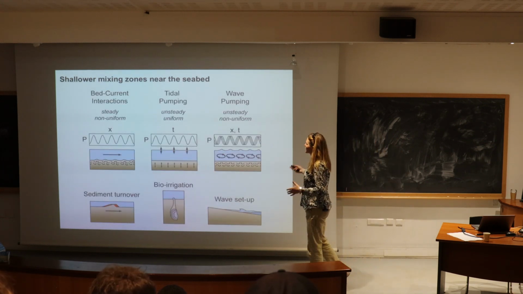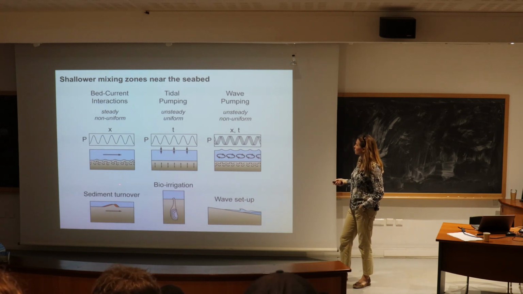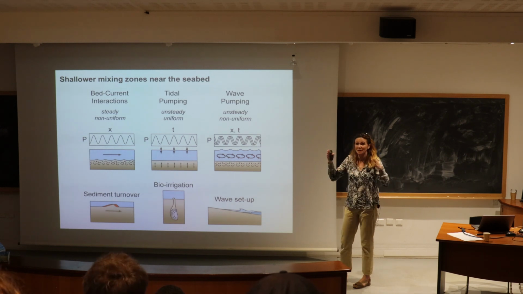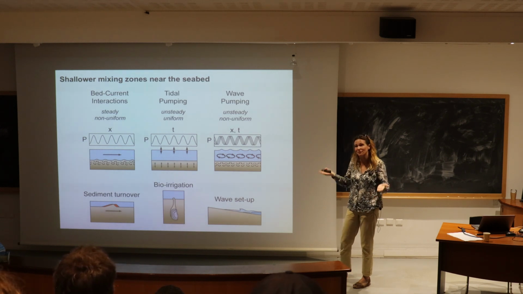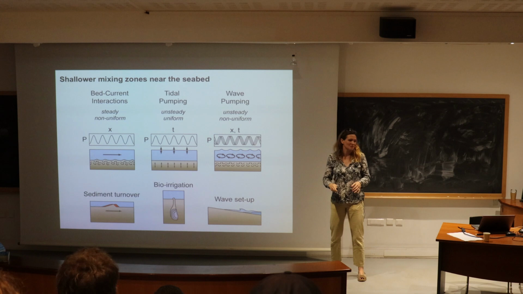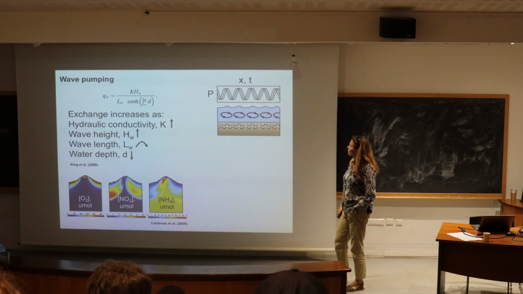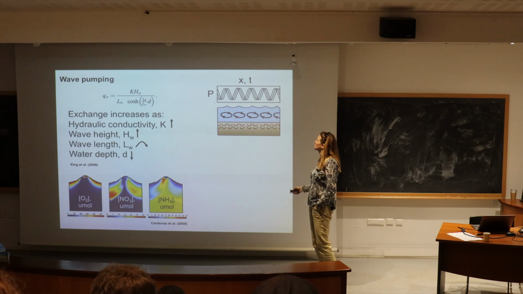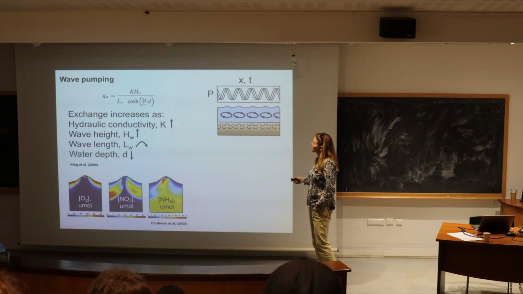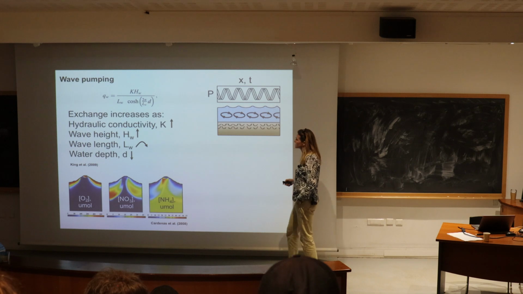But there are other mixing zones that happen at smaller scales due to all kinds of different processes that I love to think about. So bedform-current interactions, wave pumping. Even if you have a flat bed, the interaction of waves with that flat bed drives exchange across the bed, and then things like critters. There are all kinds of different processes that drive this. There are some nice mathematical models for calculating the fluxes due to these different processes. So one example I'll show you here, just really as an example, is the model for wave pumping, where exchange increases, of course, with hydraulic conductivity, that thing that varies by orders of magnitude that we can't escape as hydrogeologists.